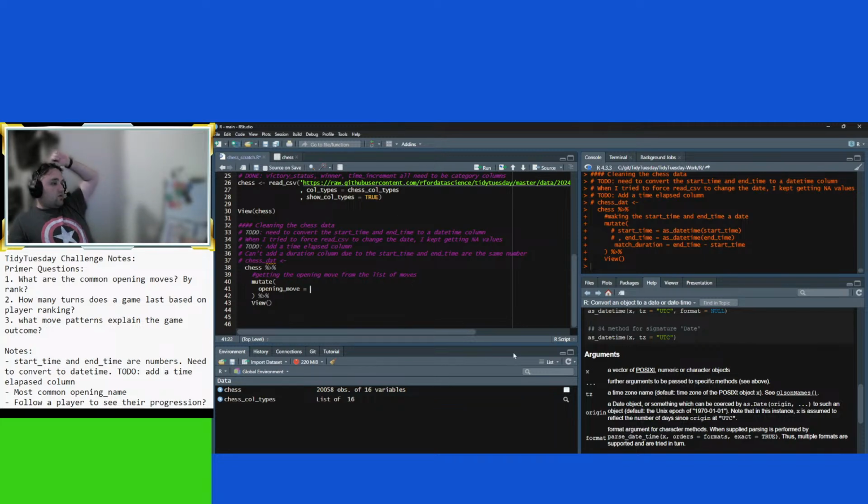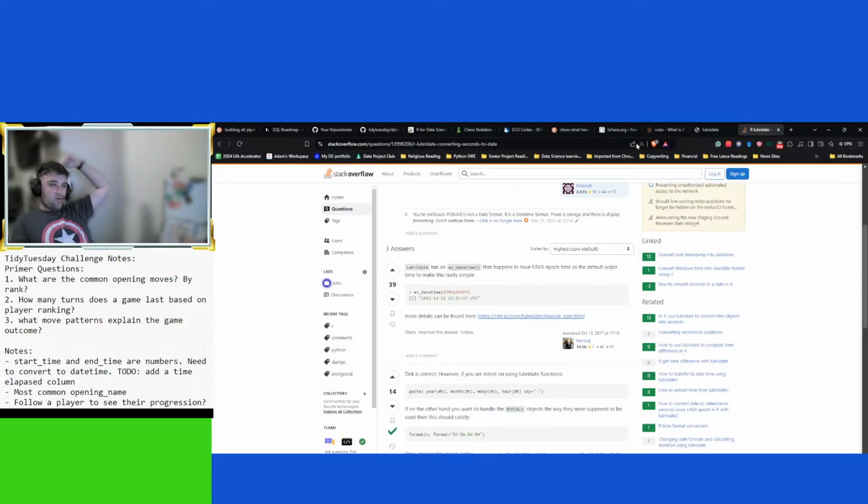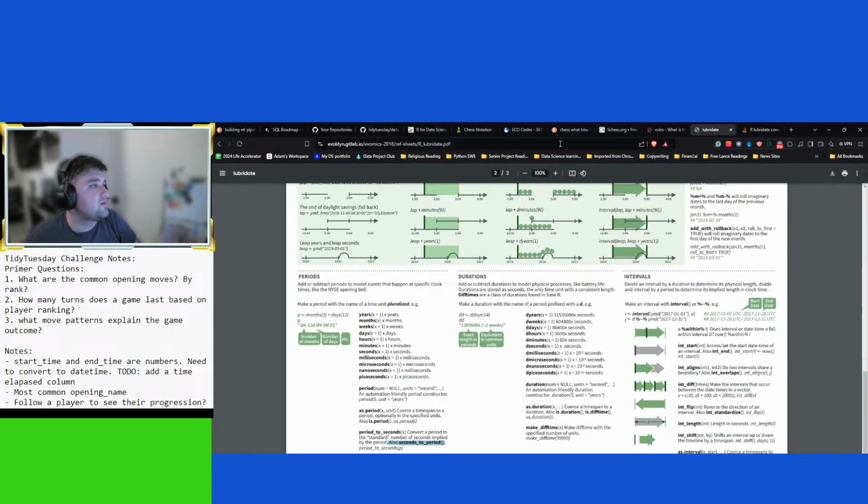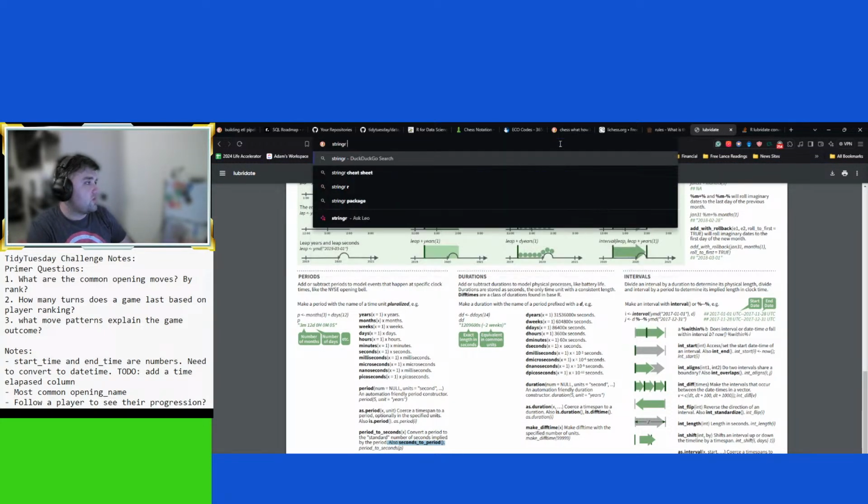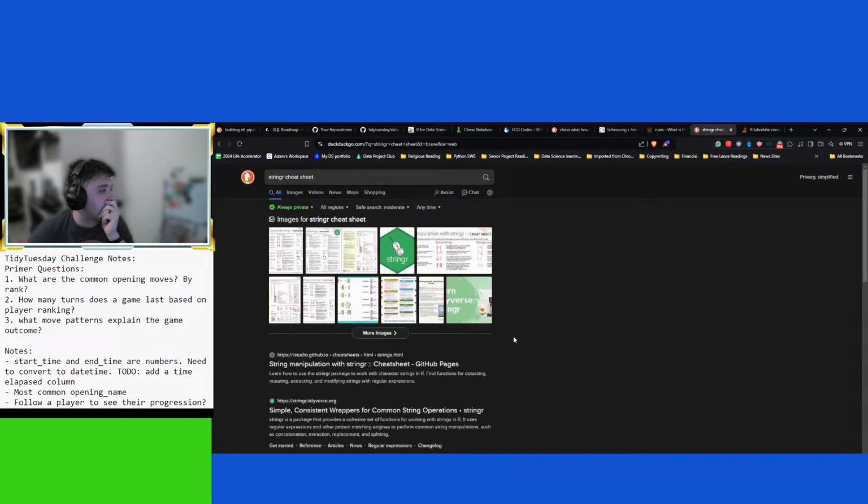Okay, so I'm going to need some stringr, my old friend stringr. Sorry, lubridate. Stringr cheat sheet. Okay.